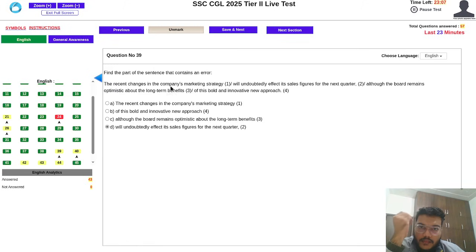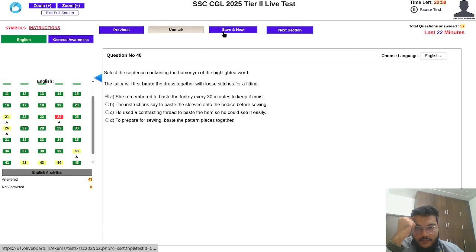The recent changes in the company's marketing strategy will turn out really effective, affect its sales. The tailor will first baste the dress together with loose stitching, the sleeves, the